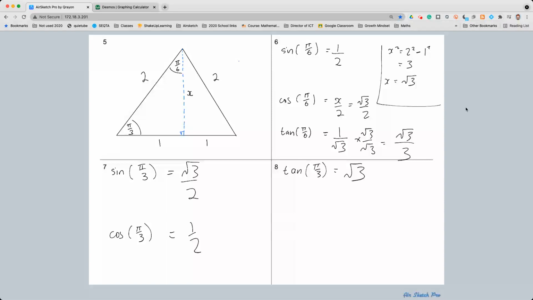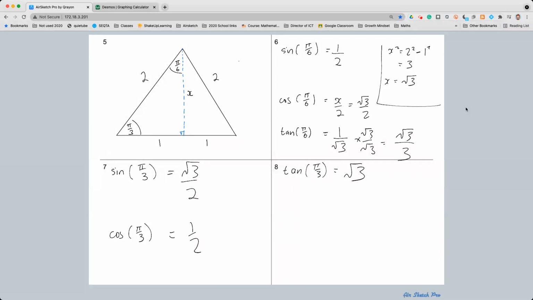Now, I won't get you to write up the exact value table, but just note in your information sheet, you're given that table of values. Even though that took us about 15 minutes, or 20 minutes, say, to figure out, I think it's worth doing. I think it's worth you actually physically working out those relationships yourself to see where they come from. I think it helps you remember a little bit better, or at least make sense of what you're seeing there. So please remember all of these numbers: root 3 on 2,